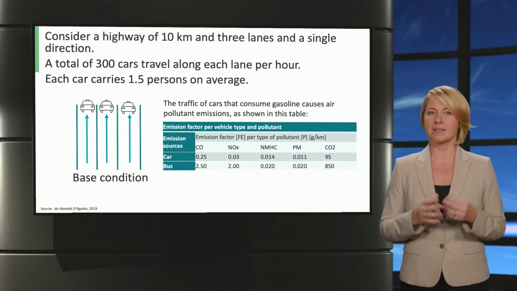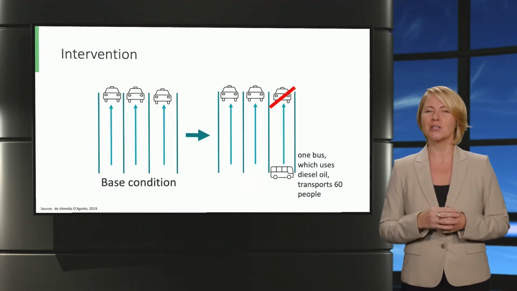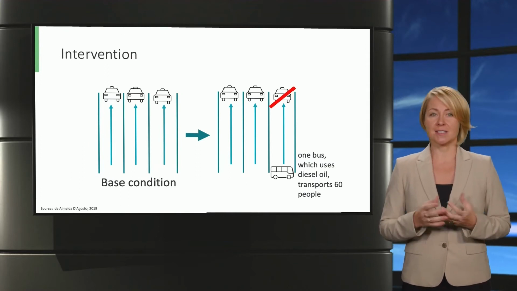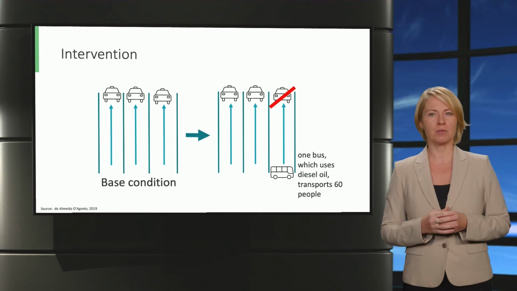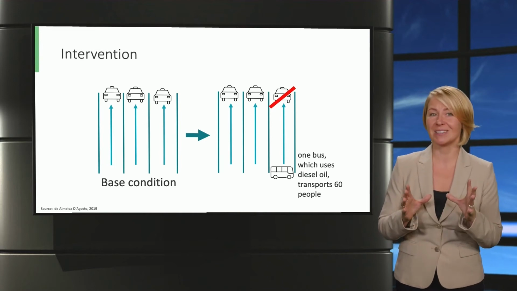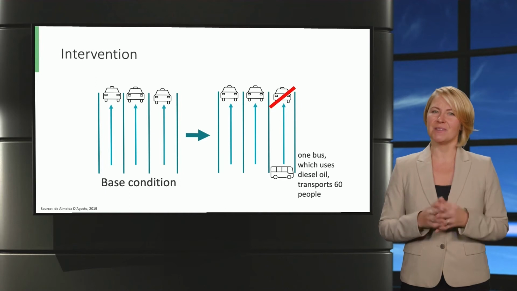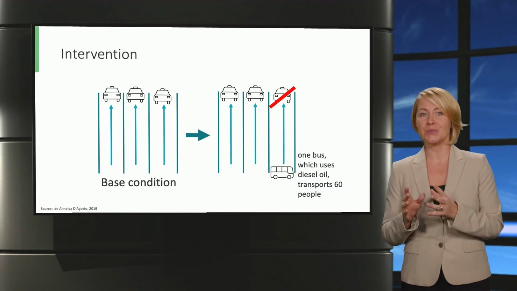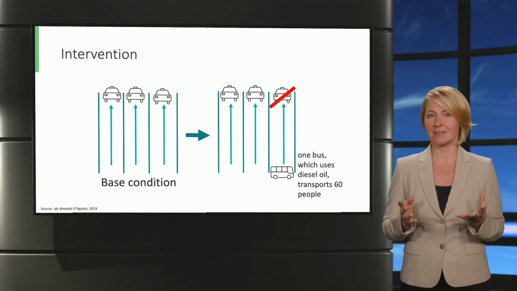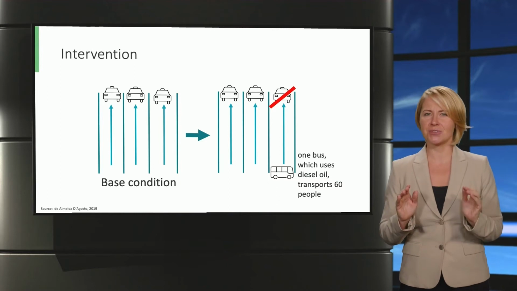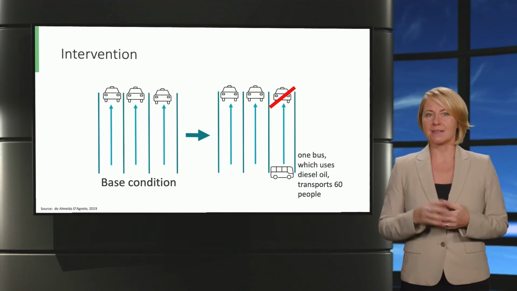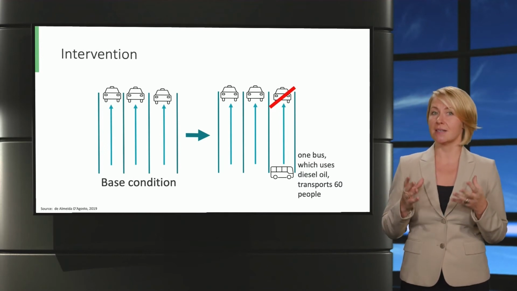The local authorities decided to use one of the highway lanes to implement an exclusive bus lane system. We will assume that the expected car traffic will be reduced proportionally to the reduction in the number of lanes available for its traffic. However, please note that in reality, it may not often be the case. Consider that all the people who used cars and stopped using the express lane started to use buses, which again is a very general assumption, but let's say the bus lane is very attractive. It is expected that one bus, which uses diesel oil, transports 60 passengers.